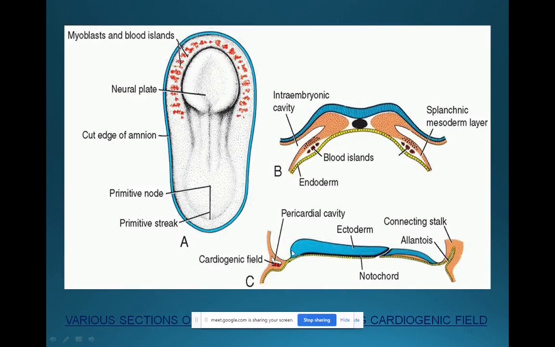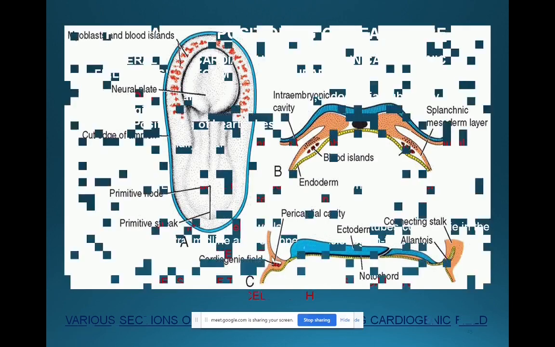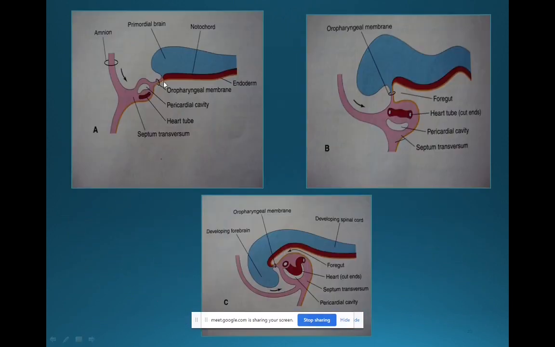Where the ectoderm and the endoderm are in close proximity, this area is the future mouth, the stomatodium. It lies in front of the future mouth, and on either side of it. You understand? Till here, is it okay? Yes, sir. So you see, this is the oropharyngeal membrane or the stomatodium, where the ectoderm and the endoderm are